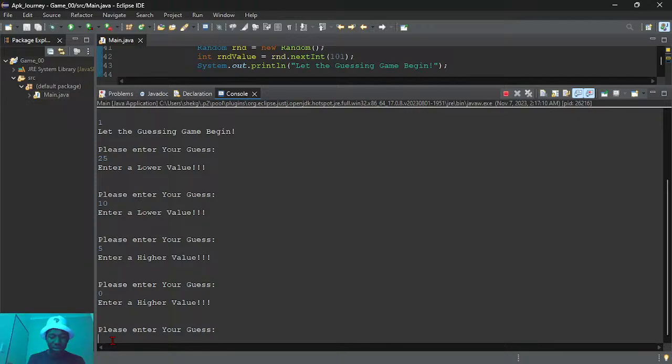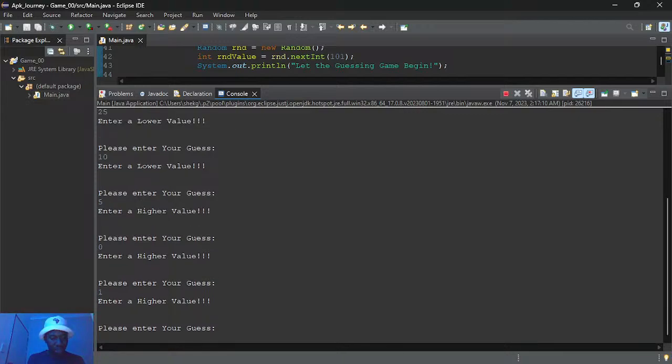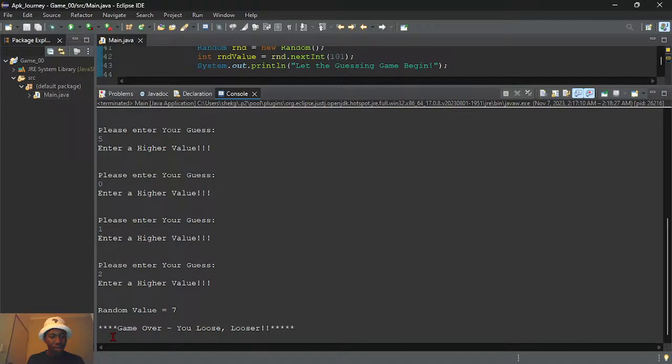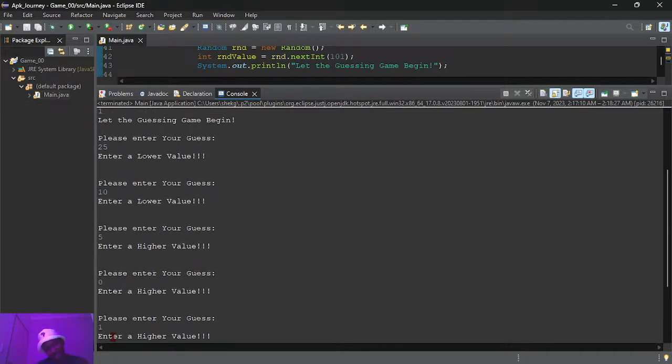Enter 1. Wait, it keeps on going. This is so wrong. Let's see. Random value is 7. Damn. Okay, it works, but there are some red flags about it now.